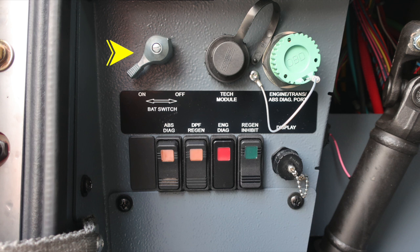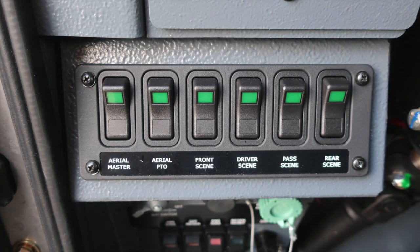This is also the location for your maintenance team for the tech module, engine, transmission, ABS, and diagnostic port and display port. Some switches down in the very bottom. First, ABS diagnostics, DPF regen, engine diagnostics indicator, and also a regen inhibit. Aerial master, aerial PTO, front scene, driver's side scene, passenger side scene, and rear scene. When any of these lights have been activated at the switch, the light in the switch will illuminate green, indicating